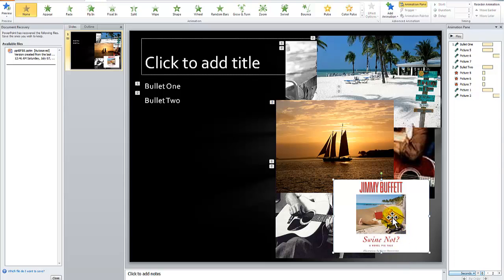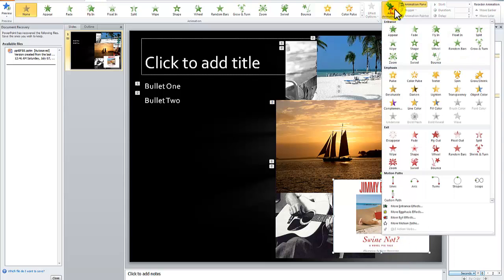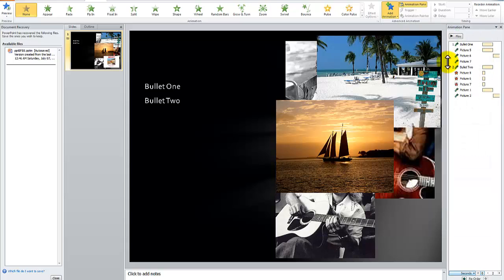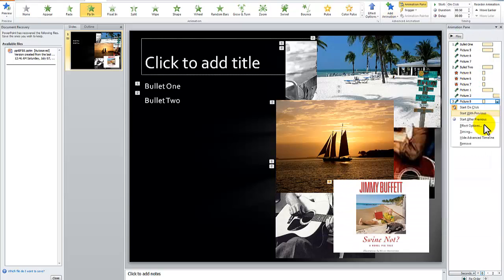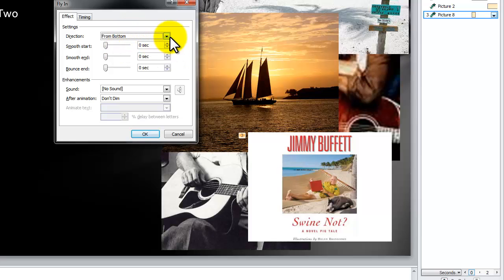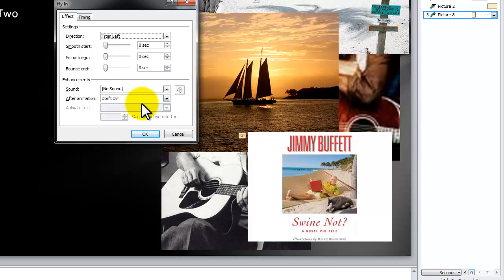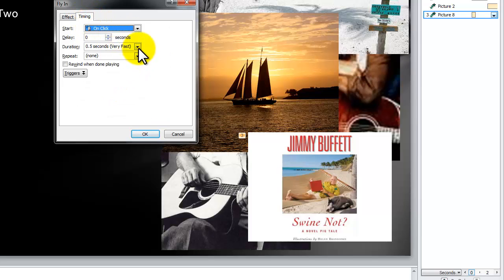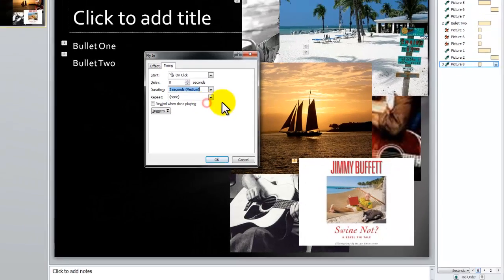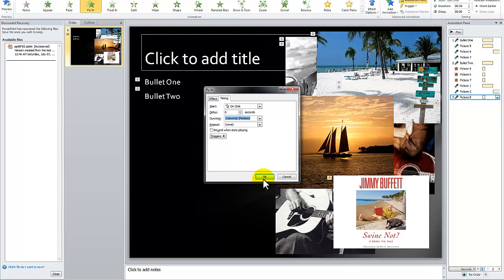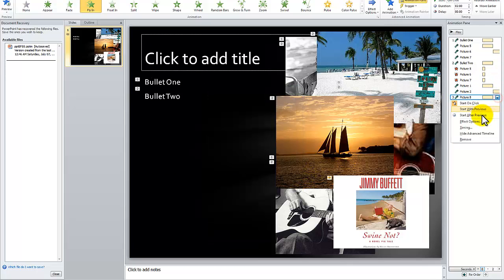Alright, and then I want this last picture, same thing. Add animation, fly in. I'm going to make it happen. Effect options is going to be from the left, and then I want it to be medium. Medium, and then after previous. Oops, okay. And then after previous. Alright, so we should have this thing done